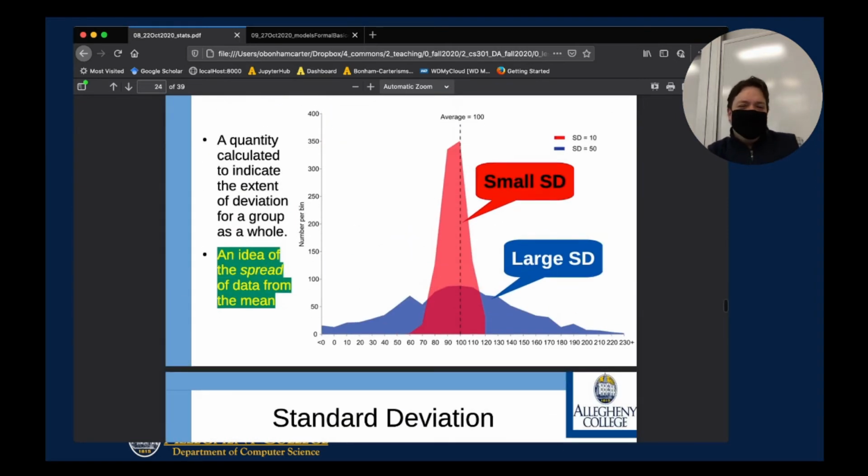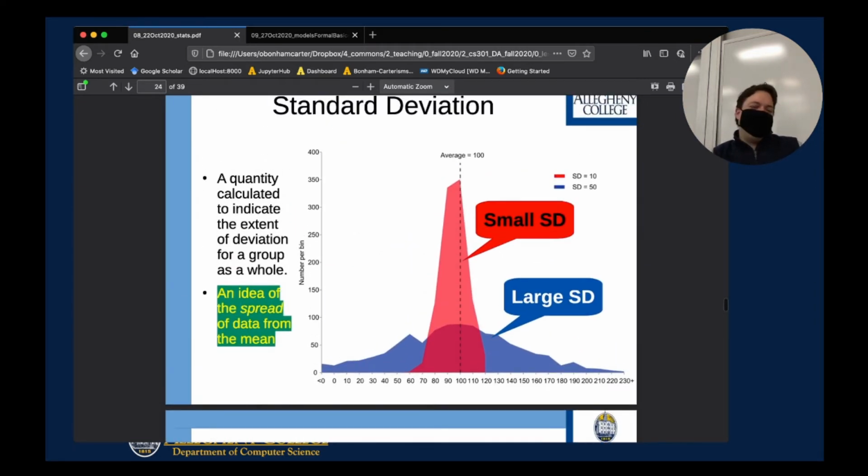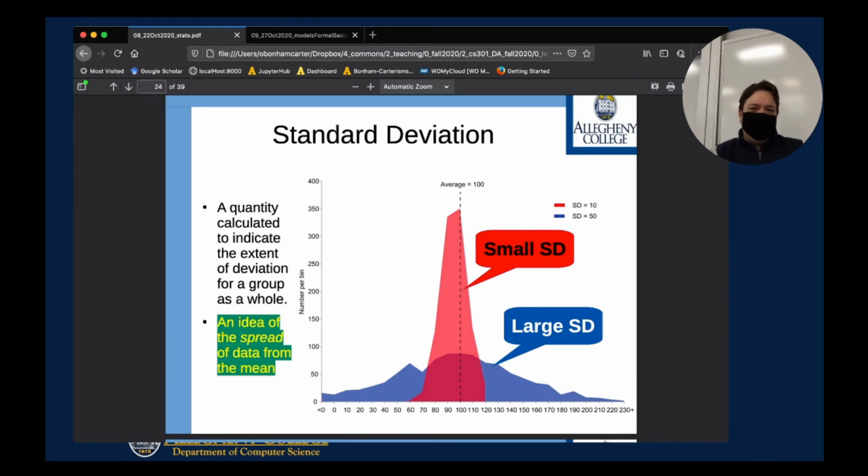But you might be wondering, why would I care about the standard deviation? In fact, when I first saw these standard deviations, when I took a probability and stat course, when I was your age,